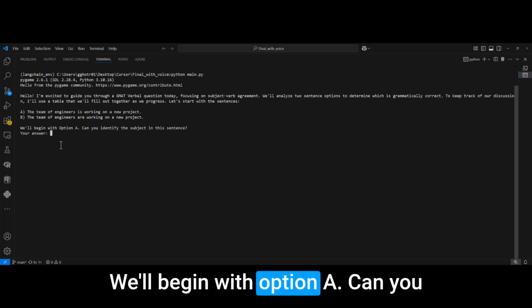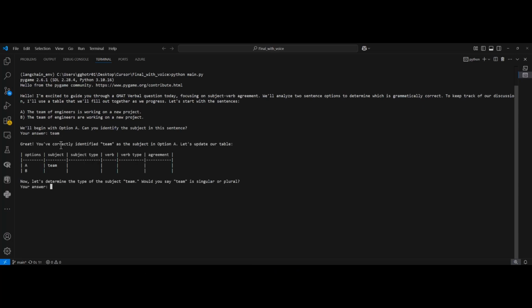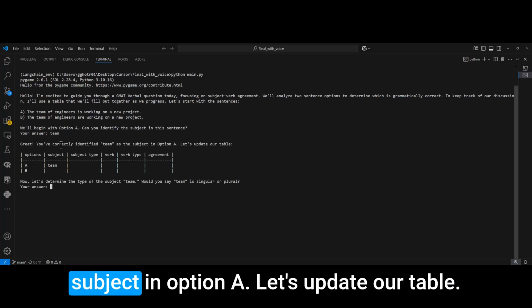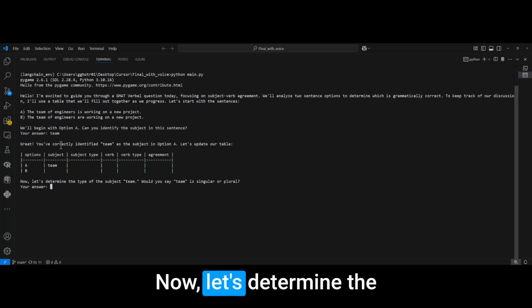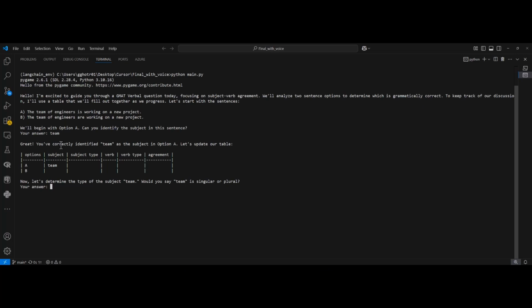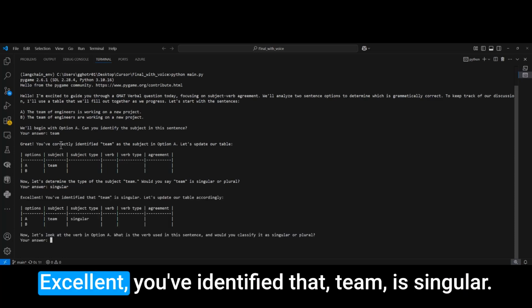We'll begin with option A. Can you identify the subject in this sentence? Great, you've correctly identified team as the subject in option A. Let's update our table. Now, let's determine the type of the subject, team. Would you say team is singular or plural? Excellent.